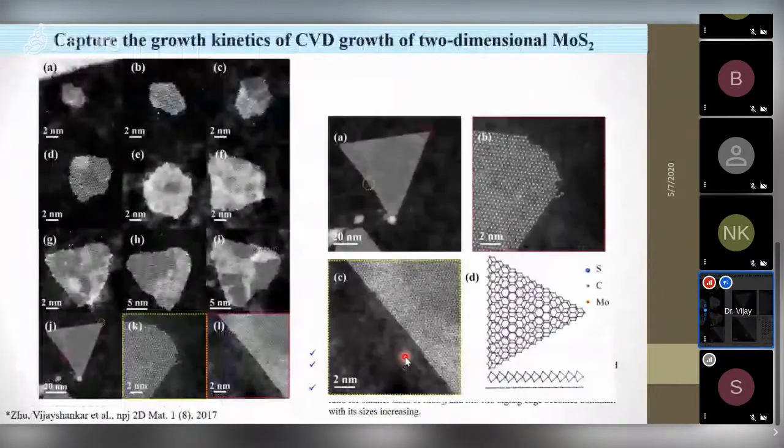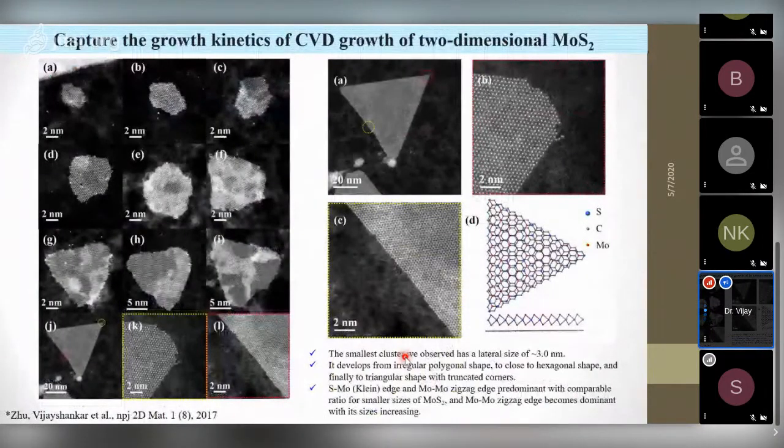Then we move on to, of course, I was part of this. This was published in Nature 2D Materials. We studied, restricted to chemical vapor deposition, a single atomic column with 2 nanometer or 3 nanometer, how it grows, how the defects are grown, how the edges are grown, and what the edges are, whether it is moly-based edge or sulfur-based edge, how it further develops when it continues to grow and forms a single layer.